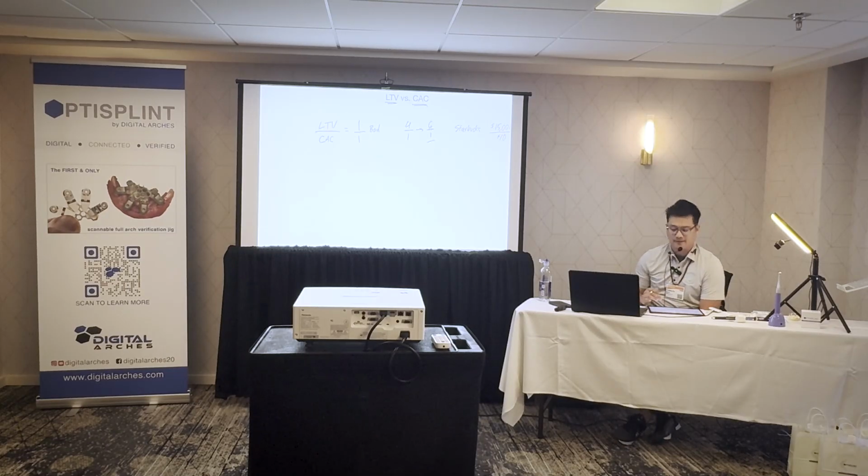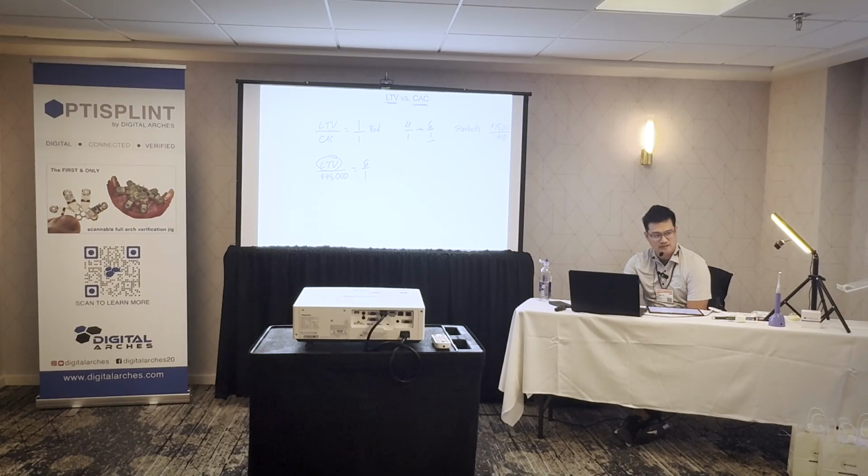So the question is, okay, I'm in Oregon, and I want to talk to this surgery group in Texas, and I'm like, okay, well, I'm going to buy them a scanner, let's say. What does that look like? Okay, LTV, and then I'm going to spend $45,000 and buy them an iCam. And let's say I want my ratio to be 6:1. So the question is, how much value must I get from that account to justify the cost of the